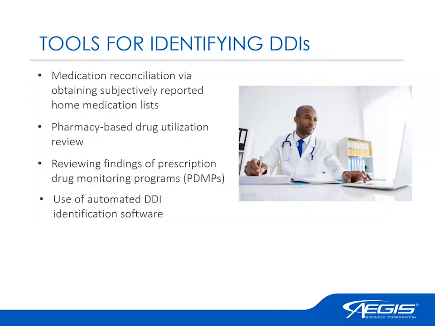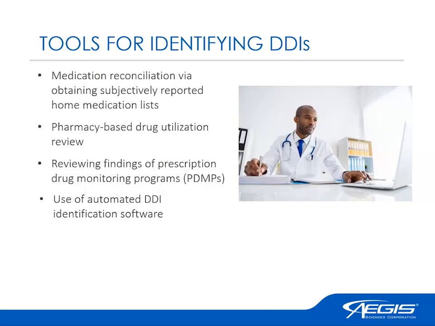There are multiple mechanisms available for identifying DDIs, however, each have some limitations. Medication reconciliation may be performed using the patient's self-reported home medication list. However, these lists may be out of date or incomplete. Pharmacy-based drug utilization review can only encompass the data within that pharmacy software and excludes over-the-counter medications that patients may pick up, supplements they may pick up, foods, or medications they may be filling at other pharmacies that aren't connected